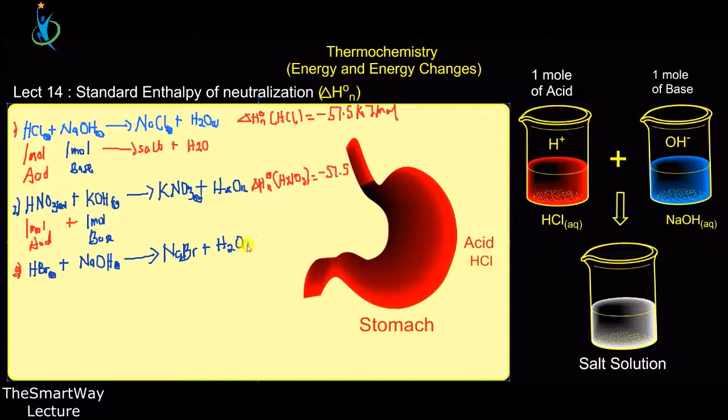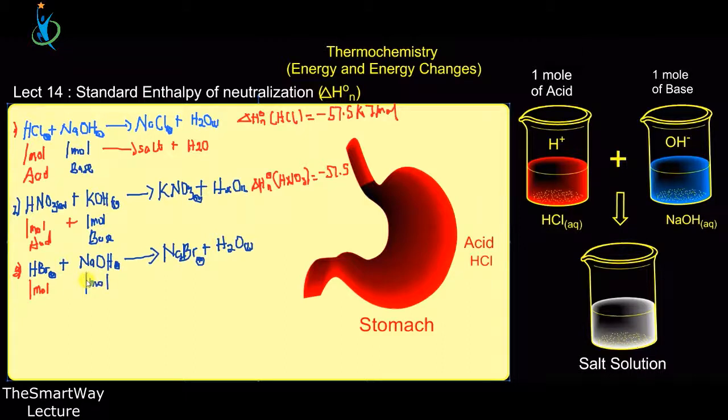Now this is in liquid form, and then sodium bromide will exist in the water, so it will be aqueous. And the base will also be aqueous. Now when 1 mole acid is combined with 1 mole base,